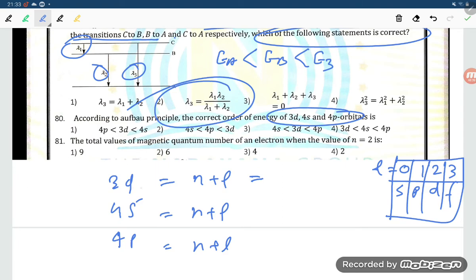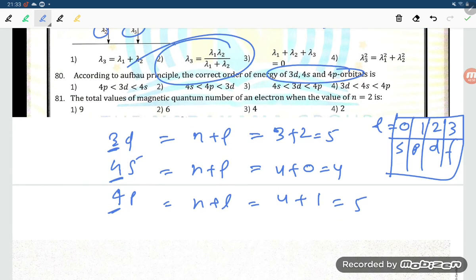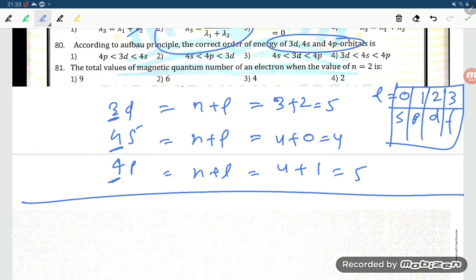For the 3d orbital, n is 3, and d orbital l is 2, so 3 plus 2 is equal to 5. For 4s, 4 plus s value 0 is equal to 4. And for 4p, 4 plus 1 is equal to 5. So students, what would be the energy level order? They are saying 4 is the